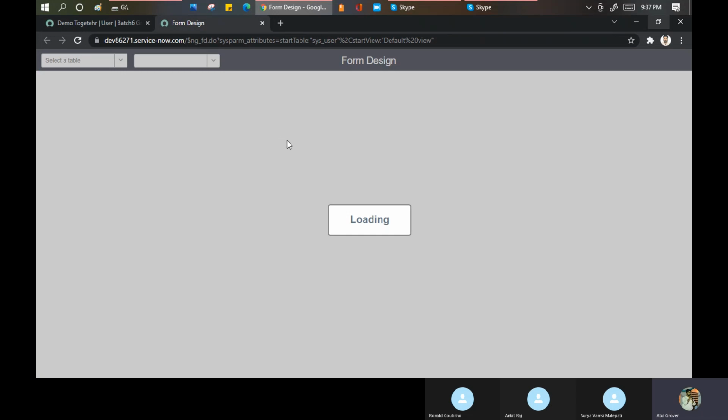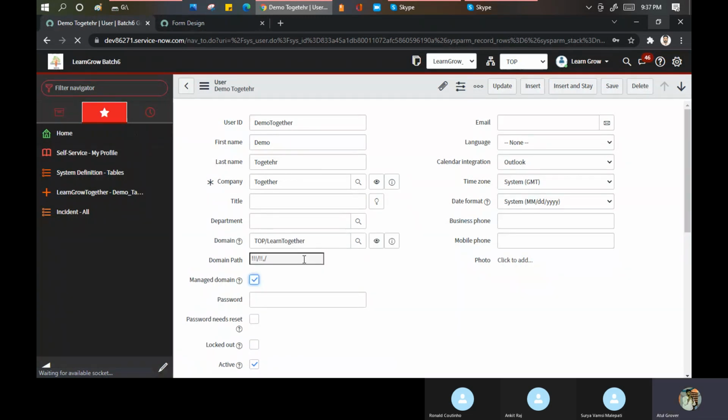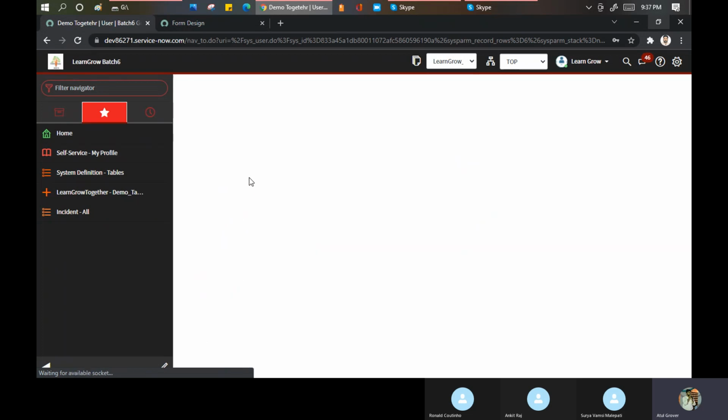So it's taking time. What I will do, I'll bring two fields here: managed domain and domain. So this user has been created under this domain. Maybe I can go and change the domain as well. Company is this.